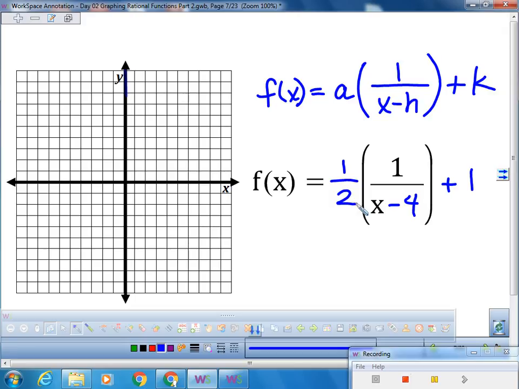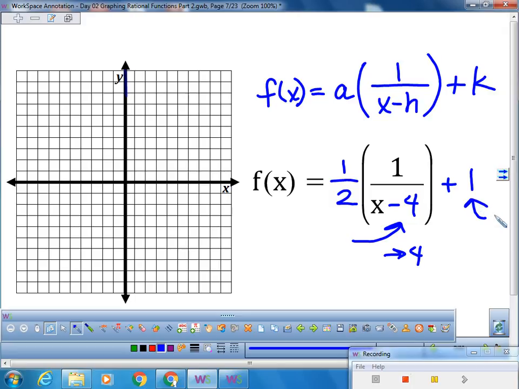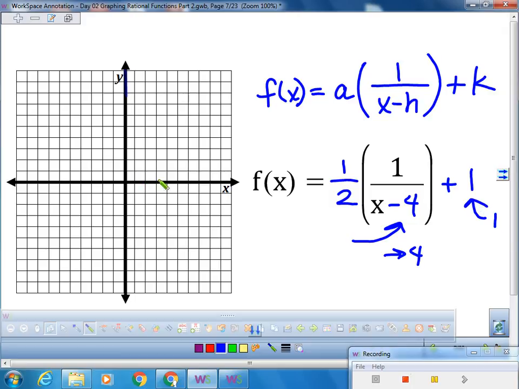Okay, I'm going to pause. So this is what I should have seen. It's looking really good. I think we're ready to shift. Get it? We're going to shift. So this means we're going to shift to the right 4. And this means we're going to shift up by 1. So I'm going to shift to the right 4, 1, 2, 3, 4, and I'm going to shift up 1,